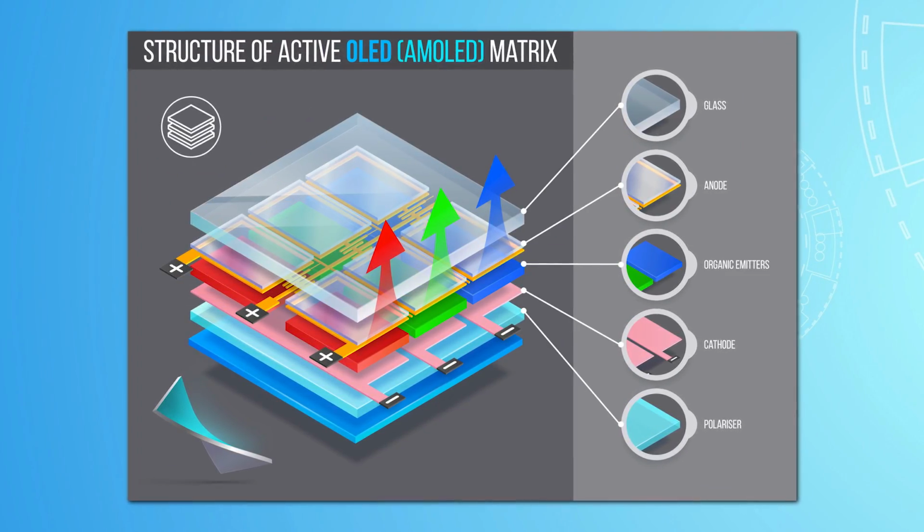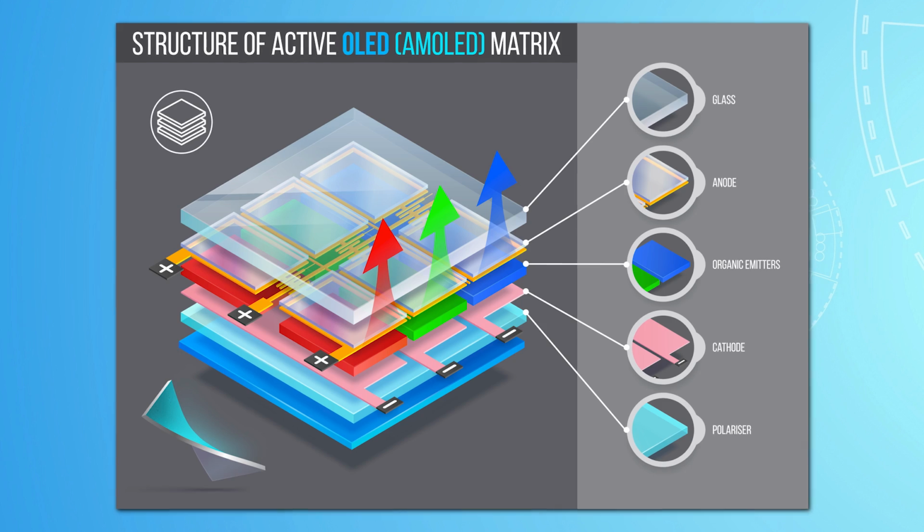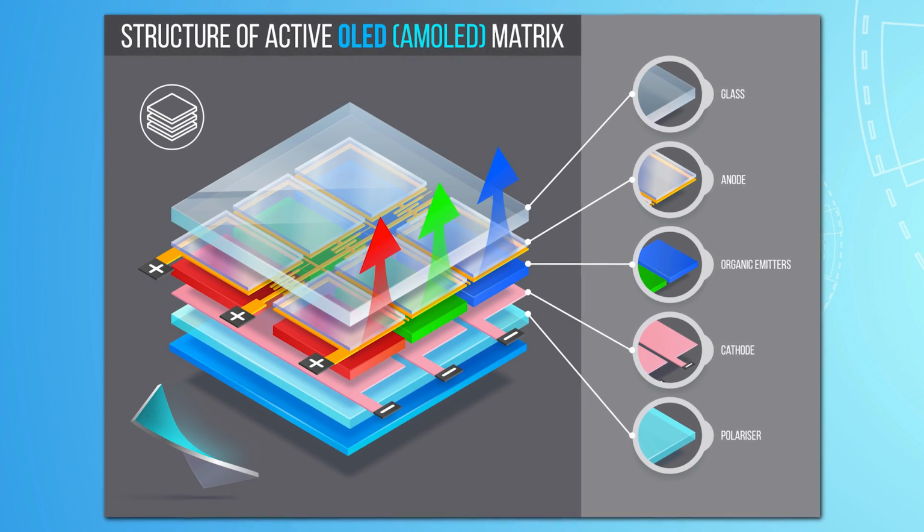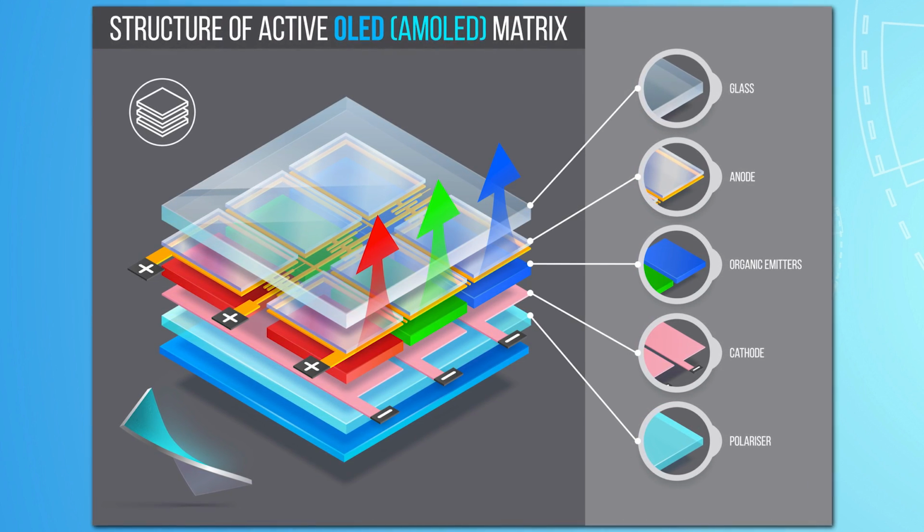Now, to make individual pixels, you just have to find a way to divide up the anode and cathode layers so it can provide voltage to only a tiny certain part of the screen at once. So to make a pixel, you can create what is called a matrix of anode and cathode layers, which is basically a big mesh that lets you choose and energize individual points, one for each pixel. Then you can deposit the OLED material onto the matrix in each spot.